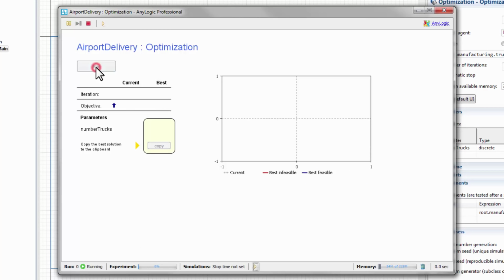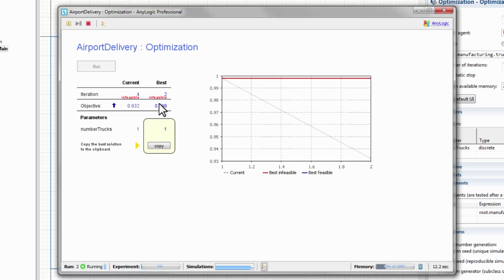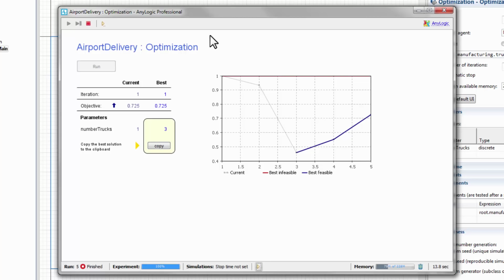And here we see the various permutations of the runs. We see what is currently being run, and it's running the simulations, changing and adjusting the variables, looking to answer the requirement of less than or equal to 75%. And the optimization experiment is completed, and we found that 3 trucks will give us about 73%, or 72.5%, utilization